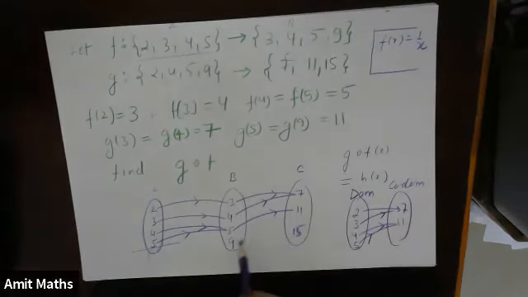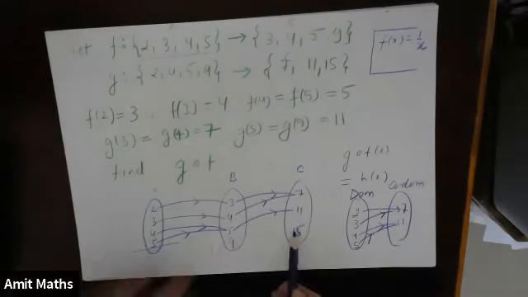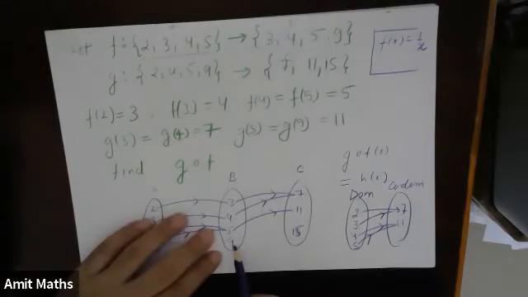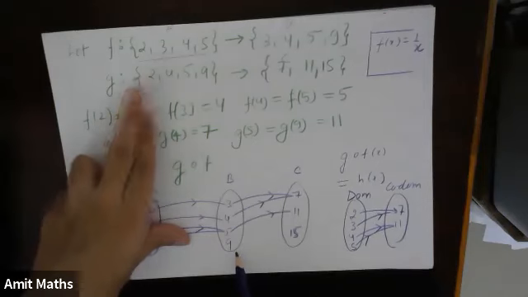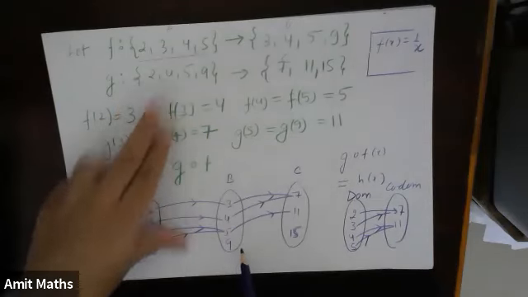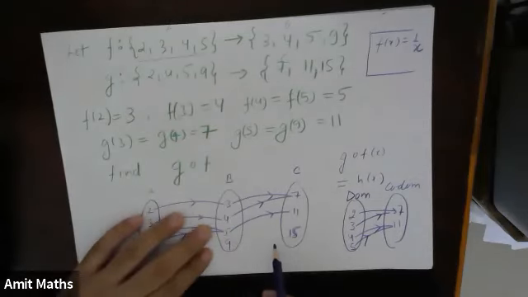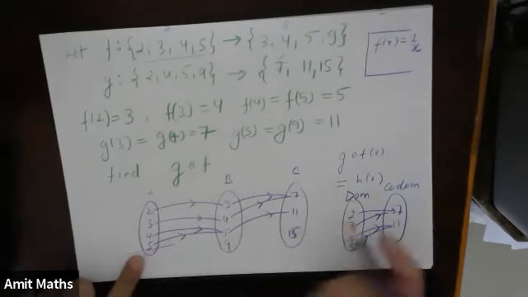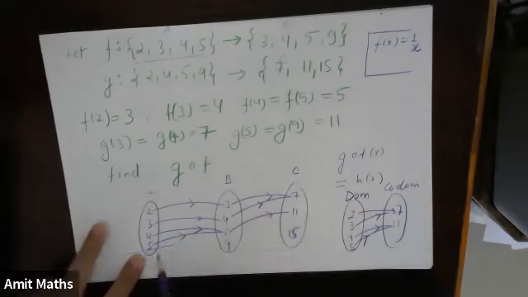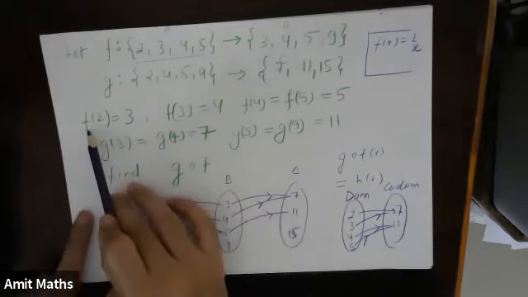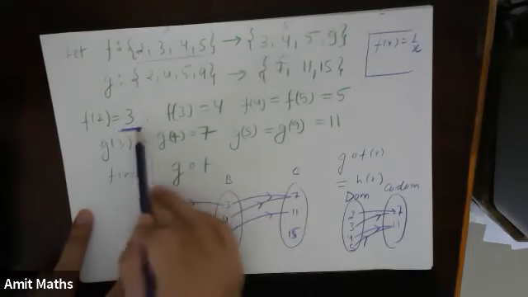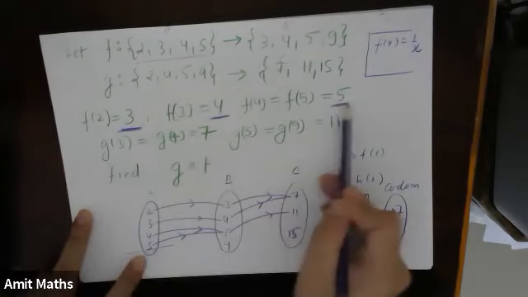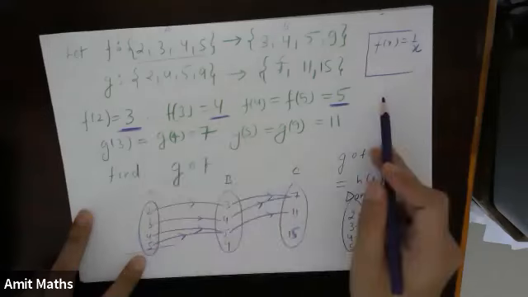Fine. So even though this 9 is not utilized in g, this 9 is not utilized in the domain. This will be a mapping if you think about it, because no matter whatever elements you take from f, it will never give you an image 9. F is giving what outputs? 3, 4 and 5 only. It is not giving 9 as an output.